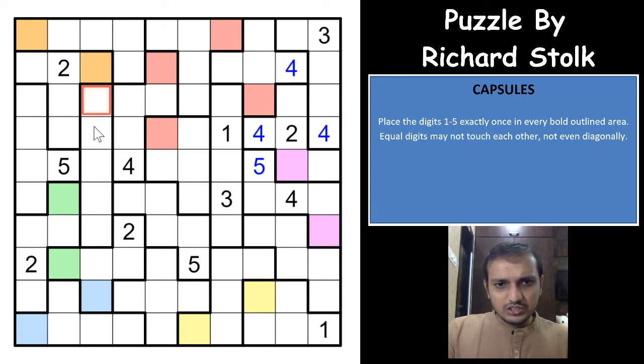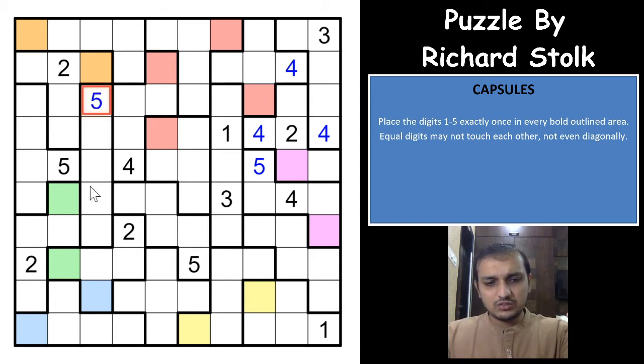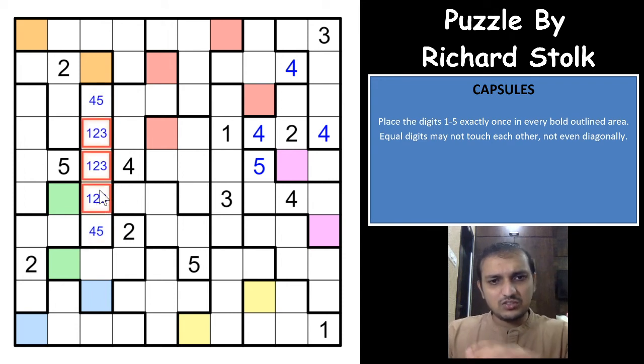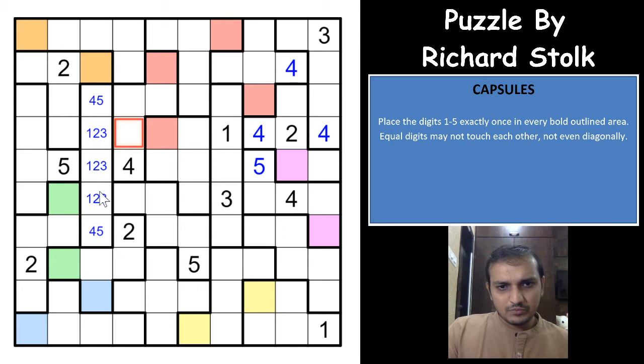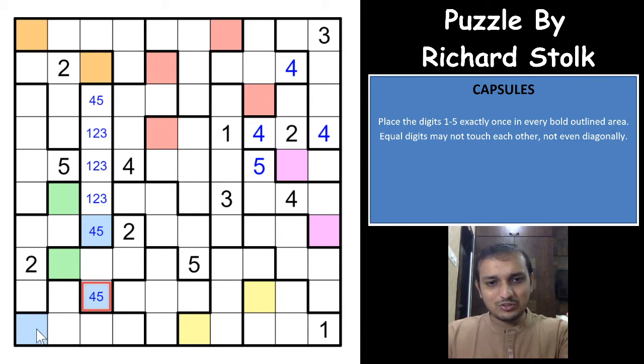I see one more logic here. In this region, where can a 5 and 4 be? It will have to be in these 2 cells. I'm sorry, 4 and 5 cannot be in any of these 3 cells, so these 3 cells will have to be 1, 2, 3. Oh, that's awesome. Whatever you have here in this region will have to be here, and then again it will have to be here, right? So which means that blue cells are 4 and 5. Wow, that was awesome. That's nice. And same way, whatever you have here will have to be here.